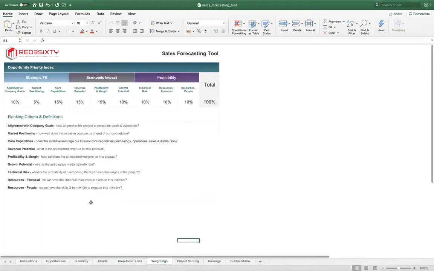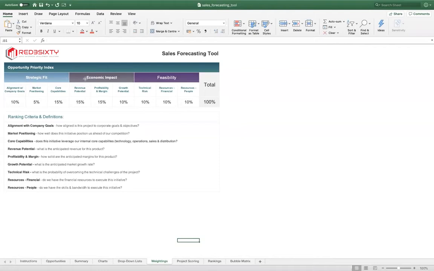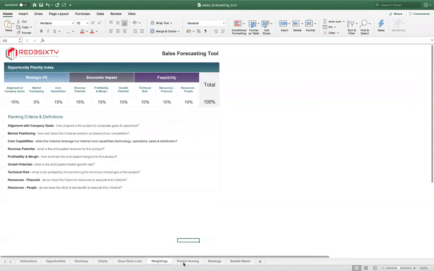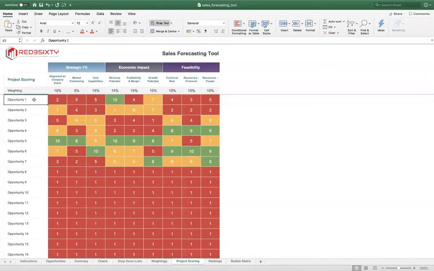We also do weighting. So weighting of whether or not there's alignment with company goals, market positioning, our core capabilities, revenue. So looking at strategic fit, economic impact, and feasibility gives us a weighting when we actually are updating those specific opportunities. We'll also be able to rate each one of the opportunities, whether or not on those weighted areas, this opportunity fits. So again, opportunity 1